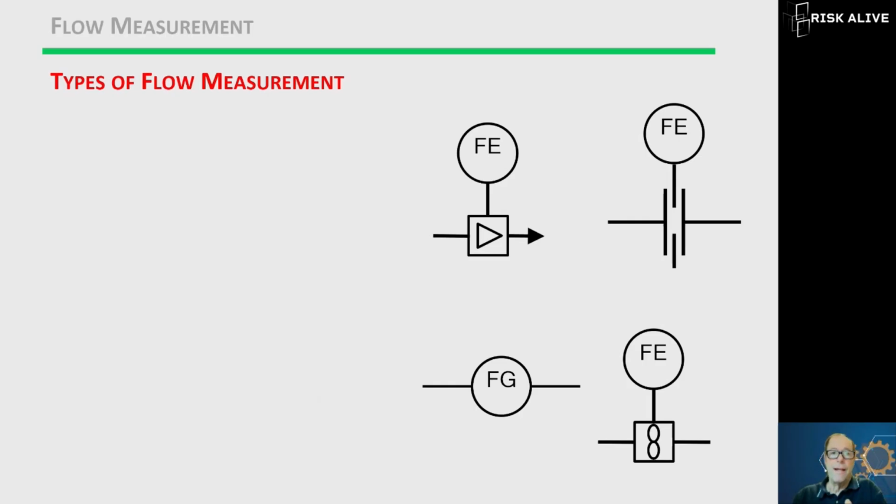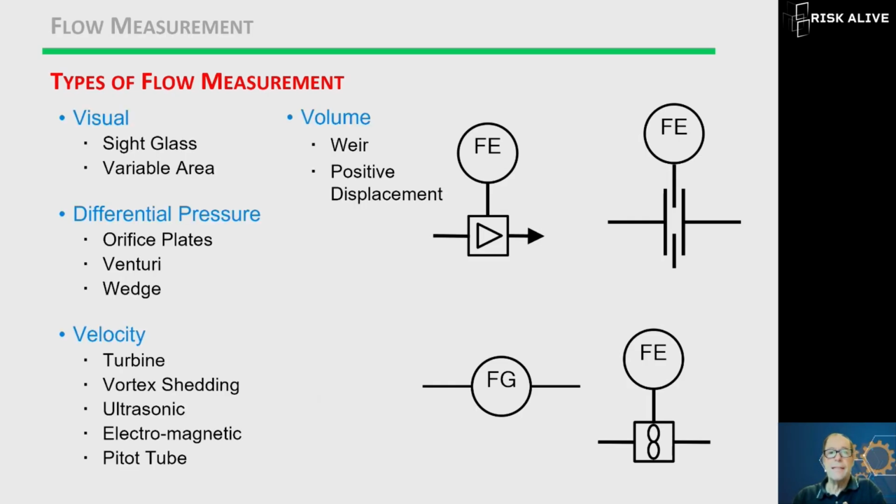And then, of course, if level is complicated, flow has even more options to look at, right? And so you're sitting in a meeting and they're talking about turbine meters and vortex meters and pitot tubes and you're getting glassy eyed and you don't know which is which or which one is better or what the pros and cons are. That's what we're going to cover. So most of the first day follows what we've just talked about, right? And we really focus on that process measurement and learning the basics.